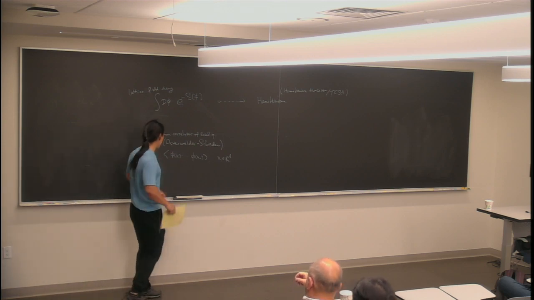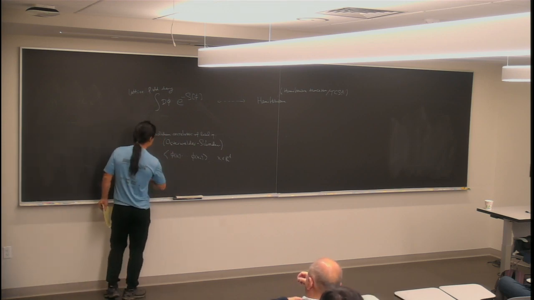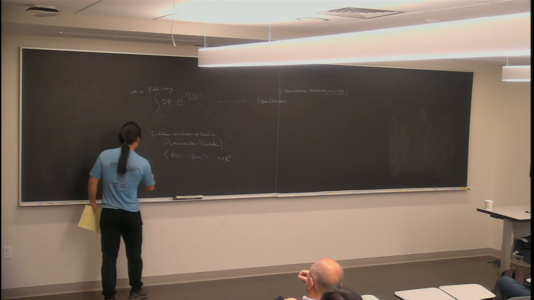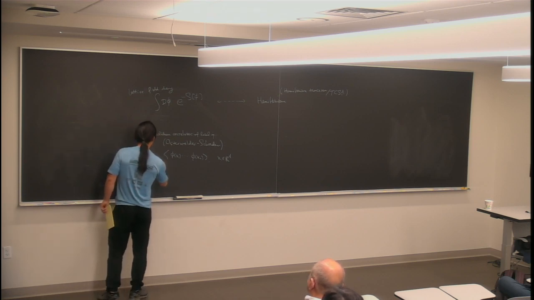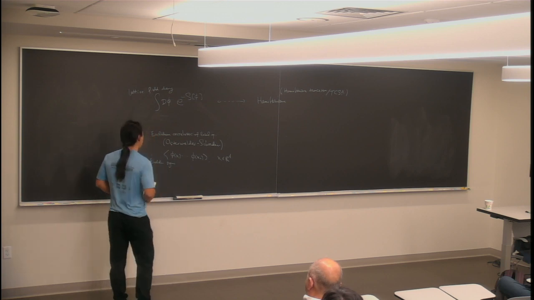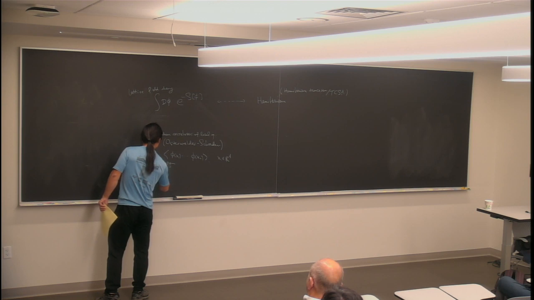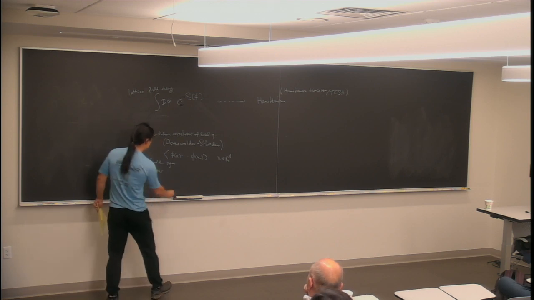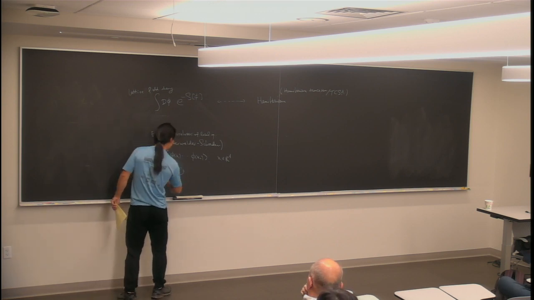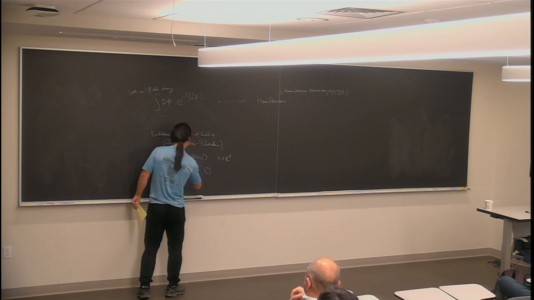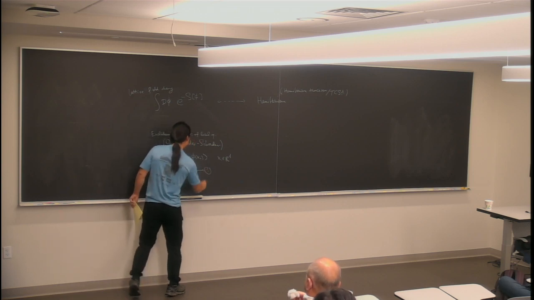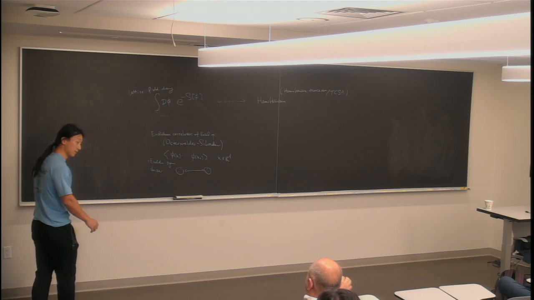Some of them are kind of obvious. You need properties like Euclidean symmetry. You need things like cluster properties. That is to say, if you have a set of points, and another set of points where you insert these operators, and they're far away, then the correlation function should factorize.